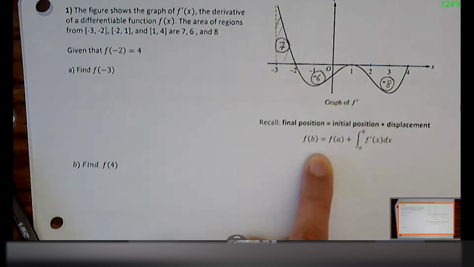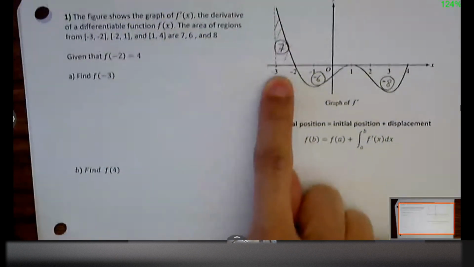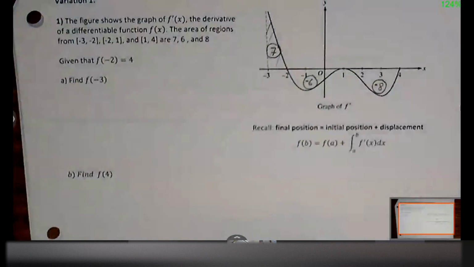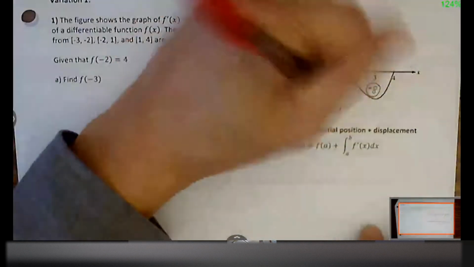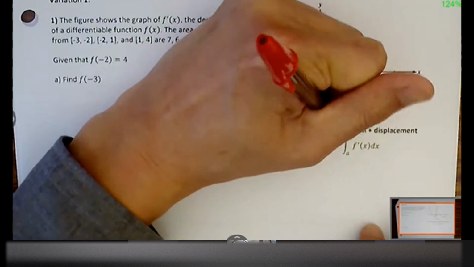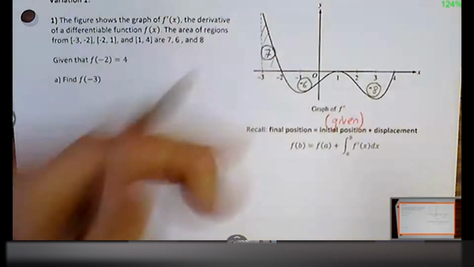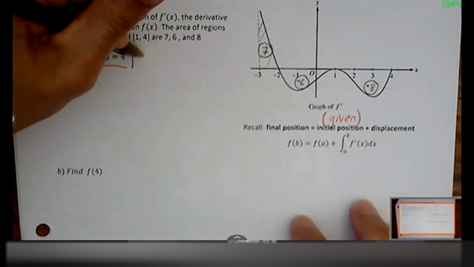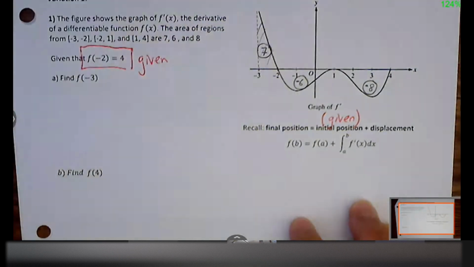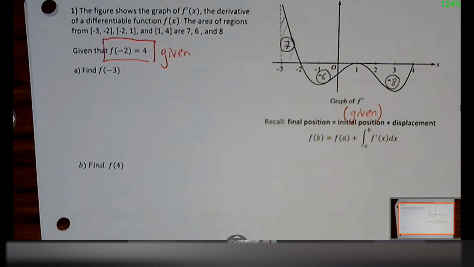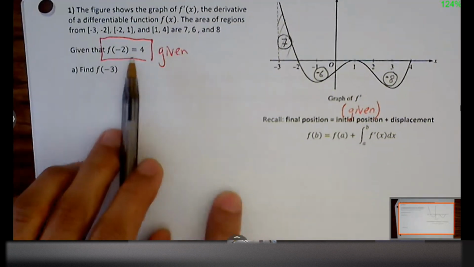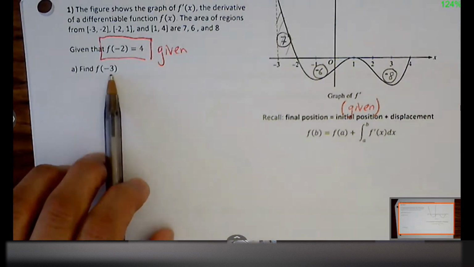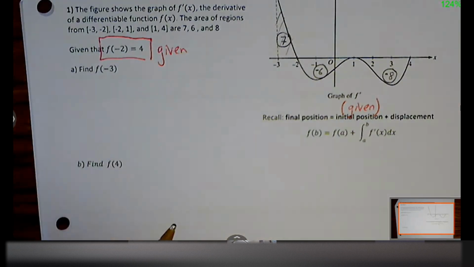Okay. Now let me talk about initial position. Initial position doesn't mean that it's going to be the furthest left. It doesn't mean that it's going to be starting at this point. The initial point is basically whatever is given. It could be anywhere. It could be any x value along the interval. But whatever is given is your starting point. This is your initial point. Okay. So if I want to find f of -3, I need to figure out where I'm starting from, how much progress I made, and that's going to tell me where I'm going to end up.